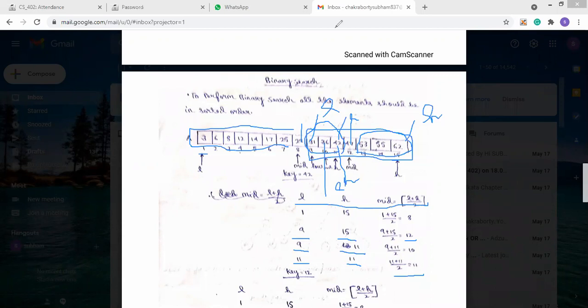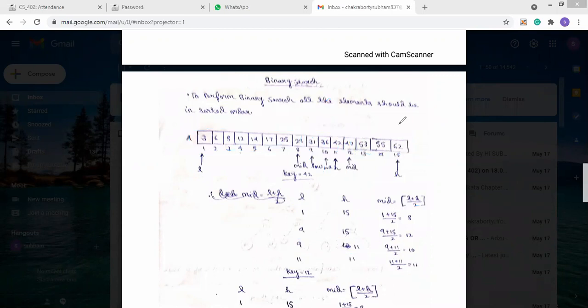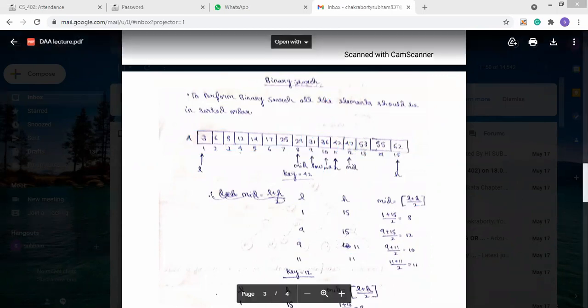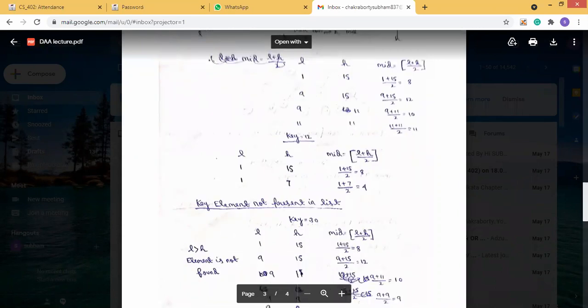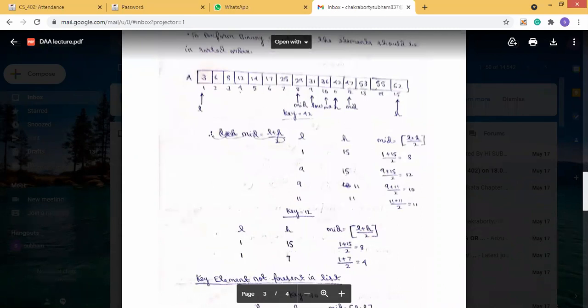Now another case: if the value we are searching for is 12, in which portion will the value be present? According to this list, first the low will be in this position and the high is on this position.